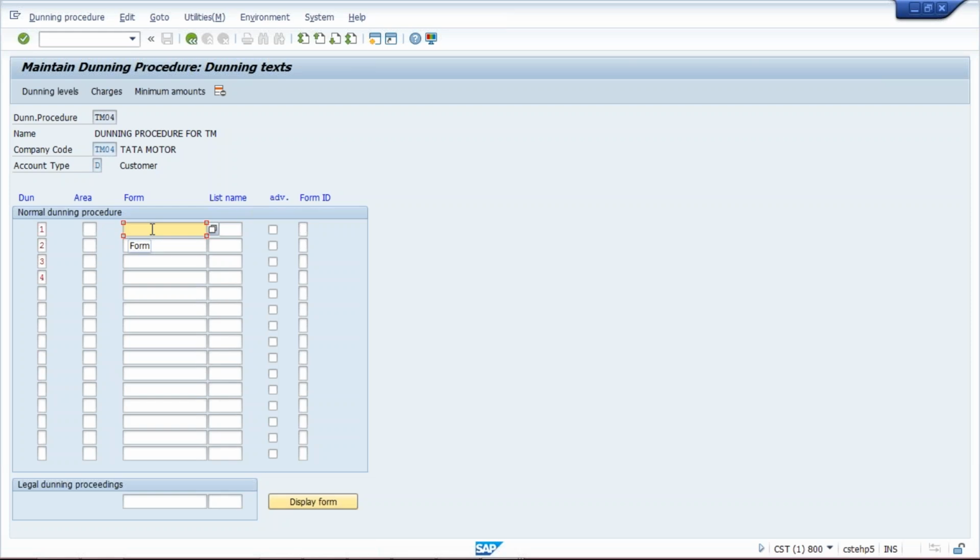What text should be printed will be decided in a form. A dunning form will be created by your technical consultant. That is not your work. The technical consultant is going to create a dunning form, and he will give you a form ID like this. Whatever text we want to specify in the letter will be given by your client. I'll let you know what kind of text comes from the client, because I have to add one real time